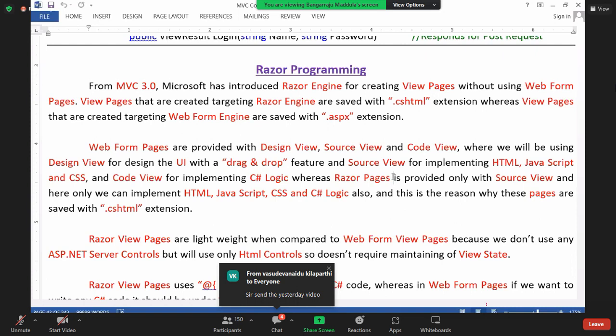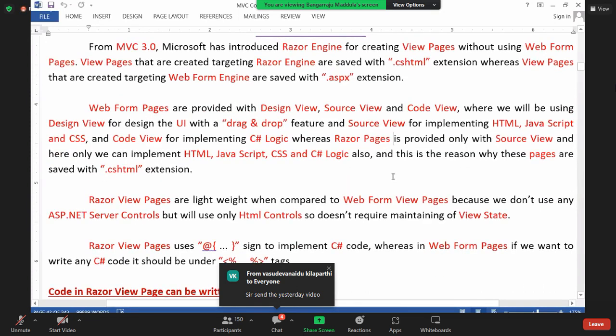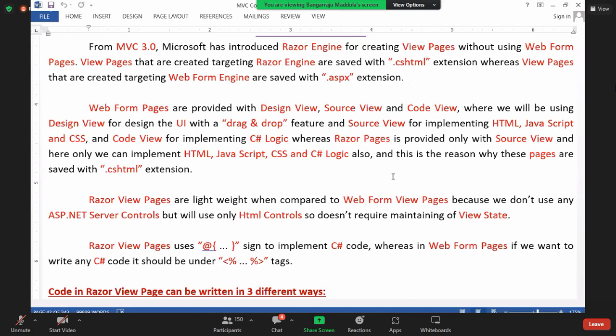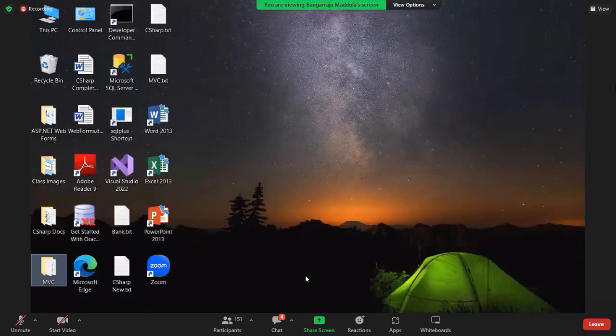Okay. Now, web form pages are provided with design view, source view, code view, where we'll be using design view for designing the UI with a drag and drop feature, source view for implementing HTML, JavaScript and CSS, and code view for implementing C# logic. What is this? Actually, guys, if at all you look at a web form view,